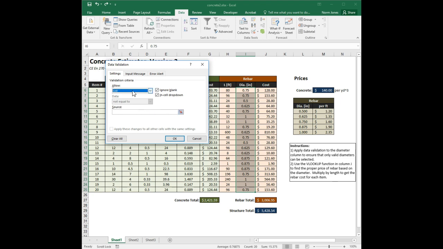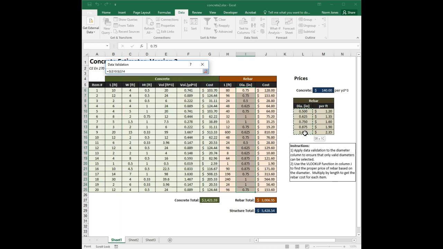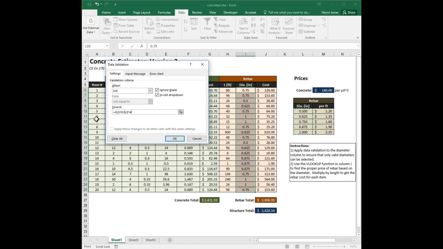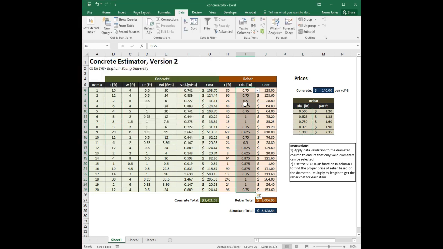And once you select that, it allows you to input a source. And if I put my cursor there, and I go over here and I just select those diameters in column L, and it says equals $L$10:$L$14. So I'm giving it a reference to a set of cells that define the list of allowable values. Okay, and so I'm going to click OK, and now whenever I